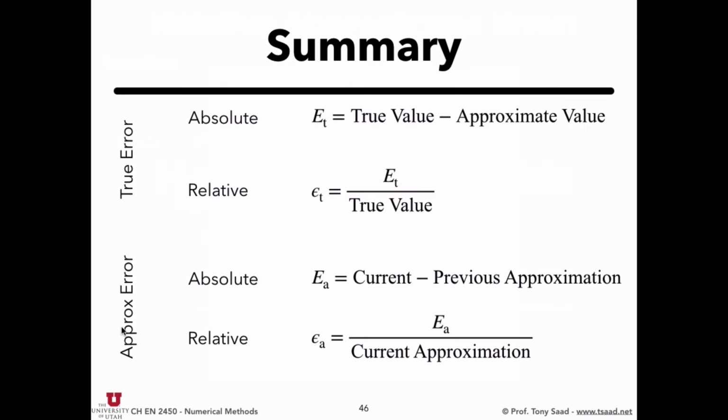All right. So here's a summary of the errors we talked about. True error. We talked about true and approximate errors. And in both, we defined an absolute error, the not relative error, and a relative error. Now be careful again about